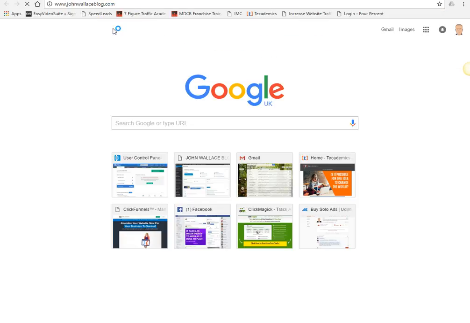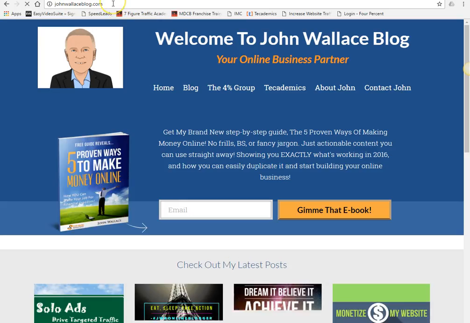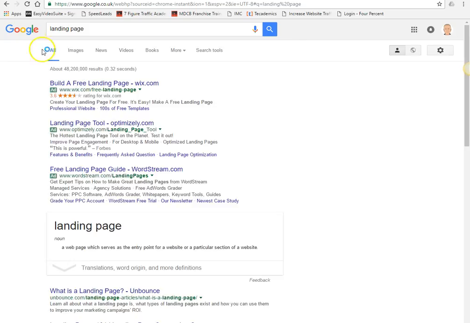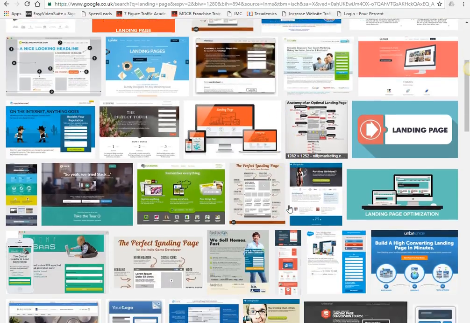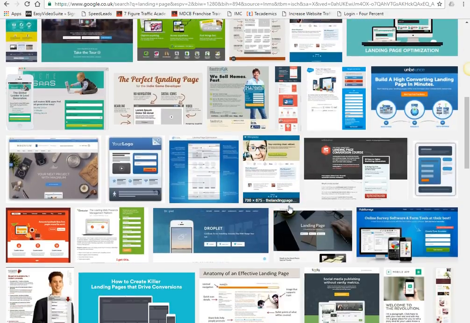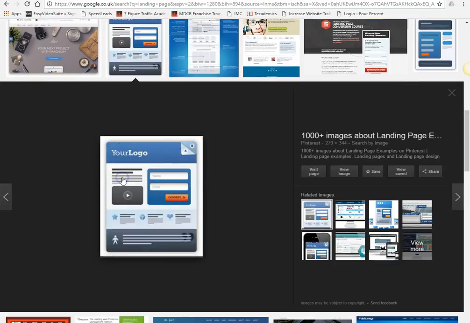let me show you what a landing page would be. This is a landing page, but actually, let me show you what normally a landing page looks like if you drive traffic to one. So, for example, this is a template of a landing page. So this is what you could land on, and it would be the company's logo, what they're promoting, and you have to enter your name and email in order to get whatever they're promoting. Okay? So, basically, talking about